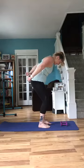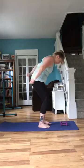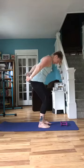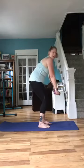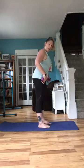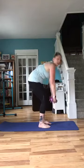8, 7, 6, going into kickbacks next. 3, 2, last one. Whew. I'm going to go ahead and pick my weights back up now. Make sure we have that plie. We're not straightening the legs, backing those knees out. And we have that hinge, so we're not flat back